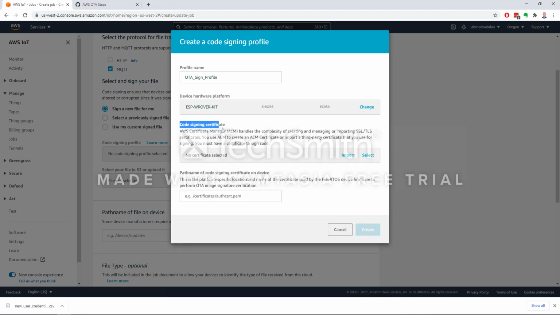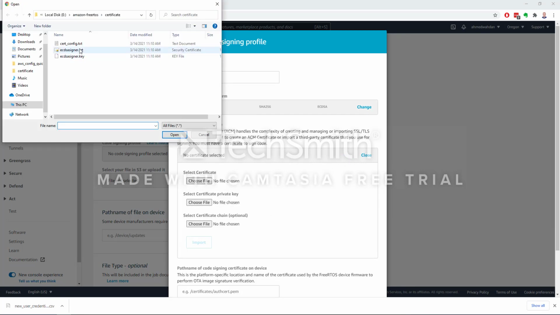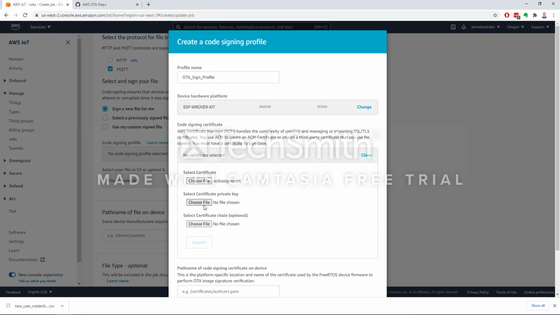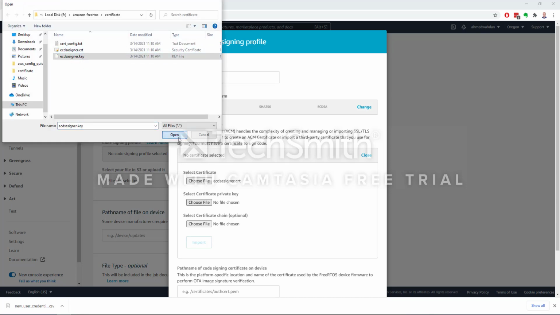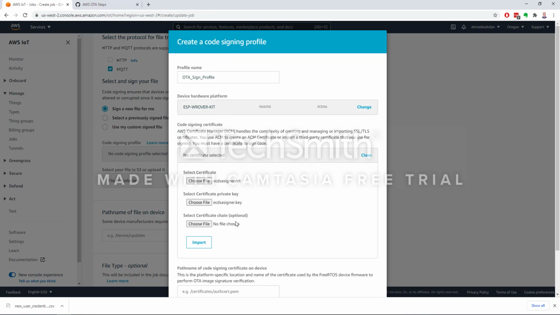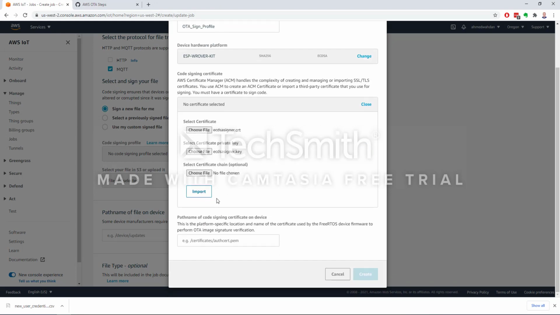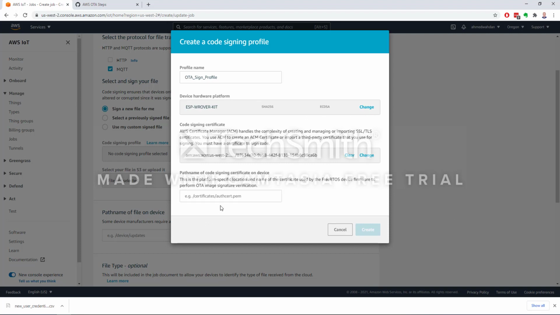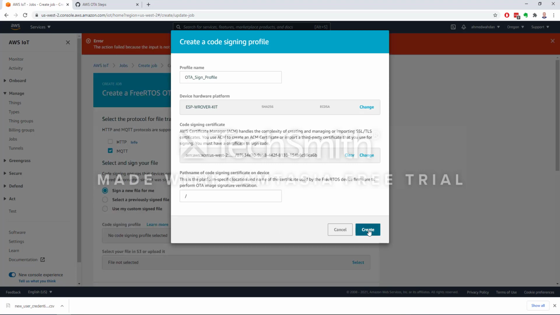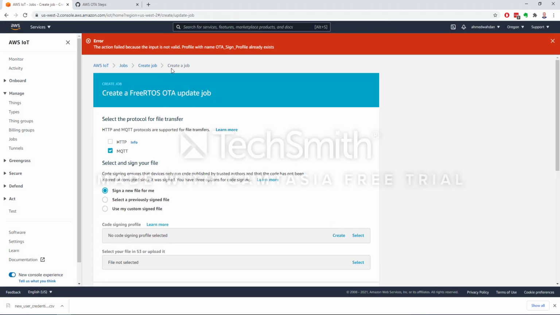And for the signing certificate, we import our key and our certificate. So we have this certificate and we have a key, and this is the selected certificate chain. It's optional, so we can ignore it. Import. And for this path, this is for devices that use a file system, but we don't have a file system. We can just write whatever. I choose to write slash, create the input